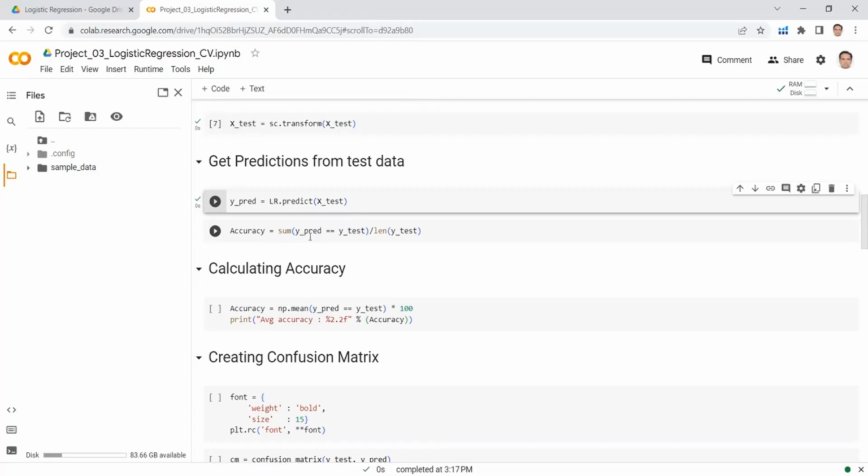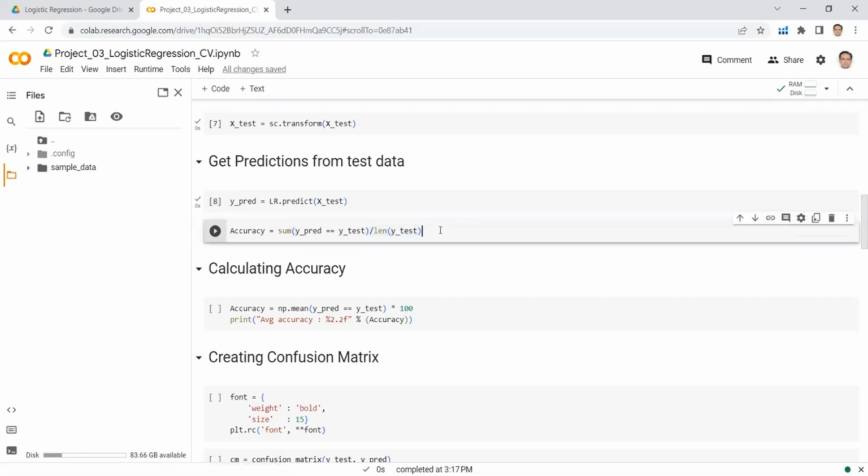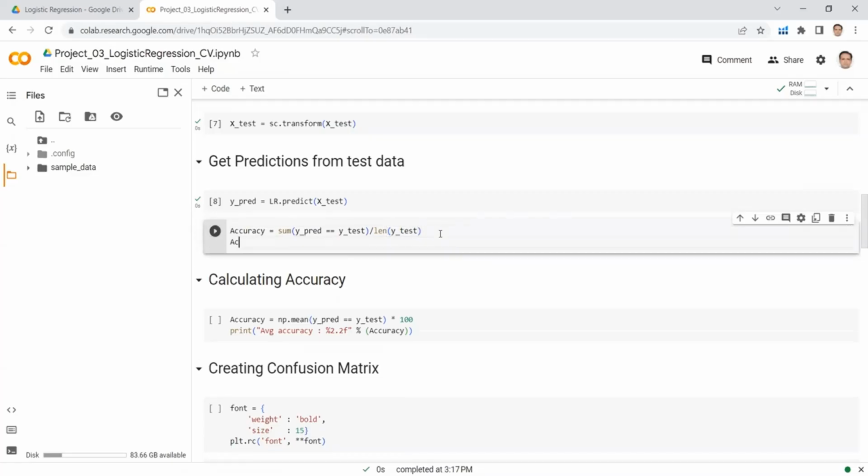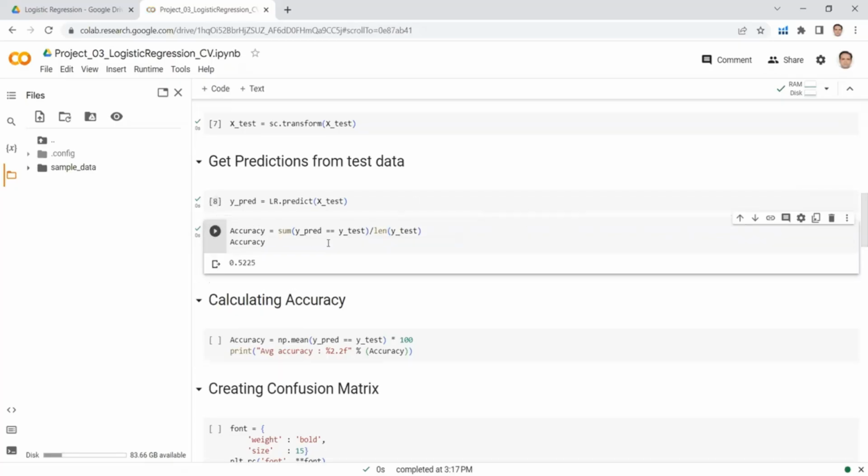Accuracy basically depends upon how many predicted labels are equal to the testing labels. So here I am getting ypred equals ytest. Here I am summing the values of those labels which are equal, and here I am taking the mean by dividing by the total samples. We use this equation in our project 2 as well. This is the manual way of calculating the accuracy. Let's run this cell. If we want to see the accuracy, we have to type it, and if I run this cell, I will get the accuracy of